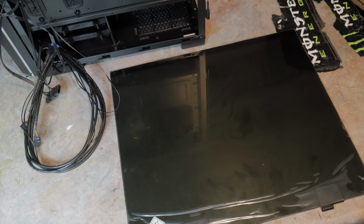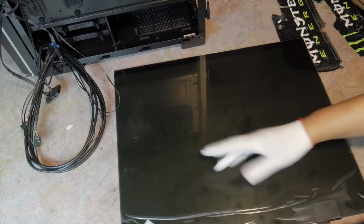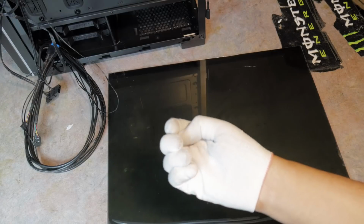One thing I can give Gamdias credit for right here, the tempered glass, this is a small thing: the fact that they actually put plastic on both sides. What the fuck was that? Okay, yeah, something broke